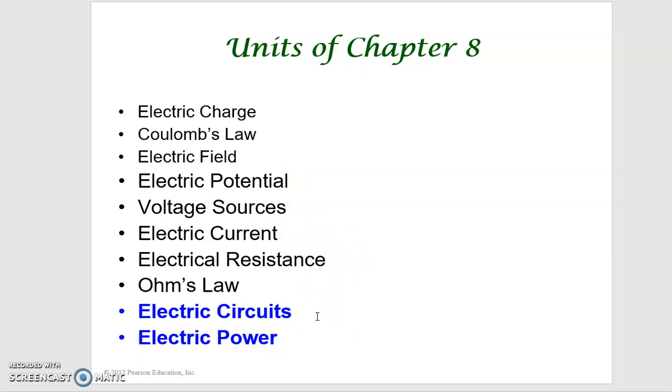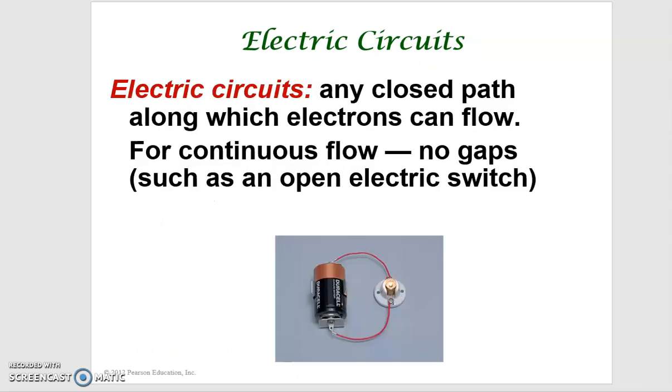Today we are going to study more about the electric circuit, and then we are going to study what is the so-called electric power. So let's try to define an electric circuit more rigorously. It is a closed path in which the electrons can flow and move. So if you have any gap in the wire, there is no way the current, which is the electrons,